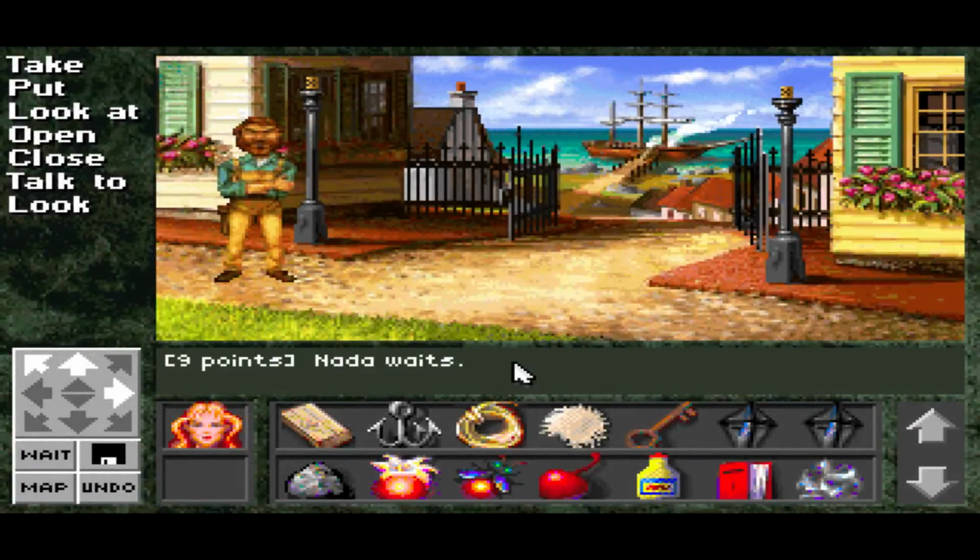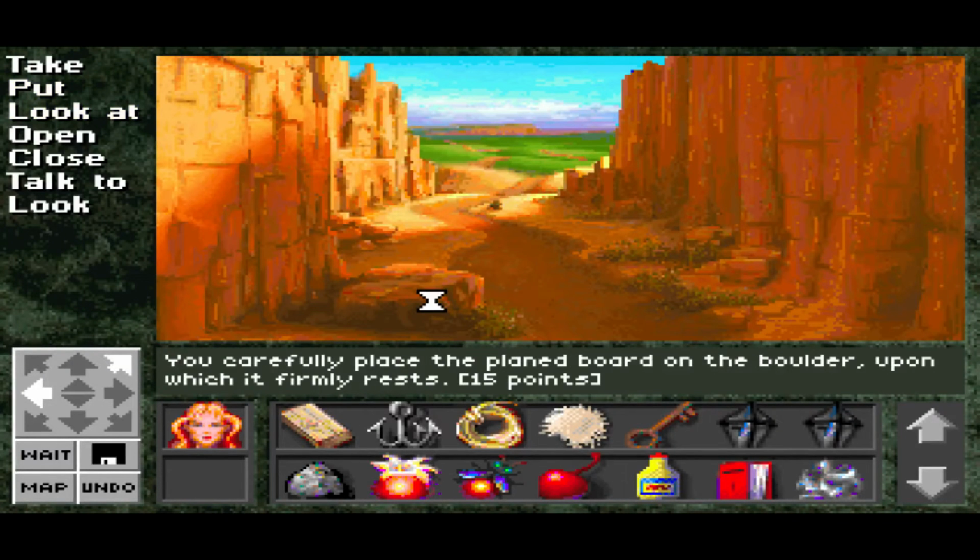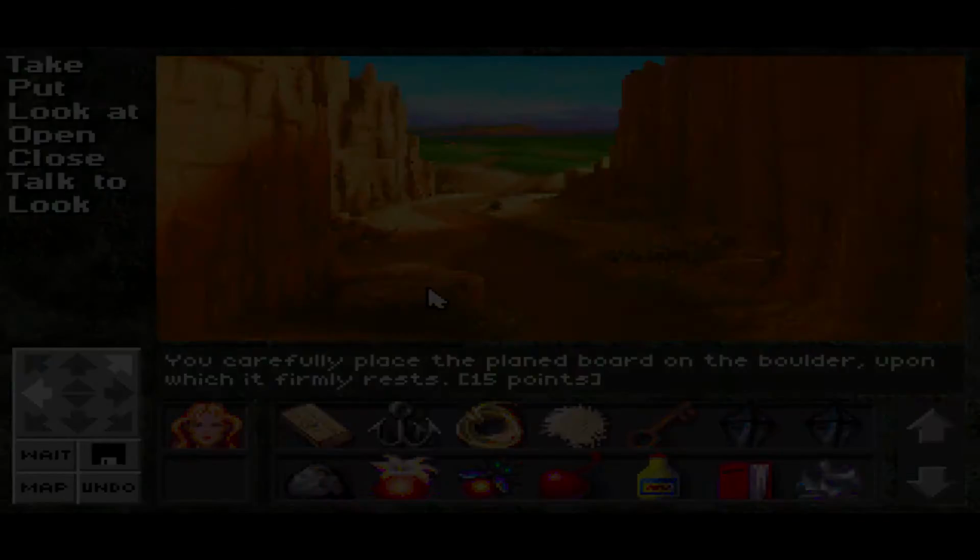So, nine points. And we got the plane. We got the board. We're gonna put the board on the boulder. And then we put the...